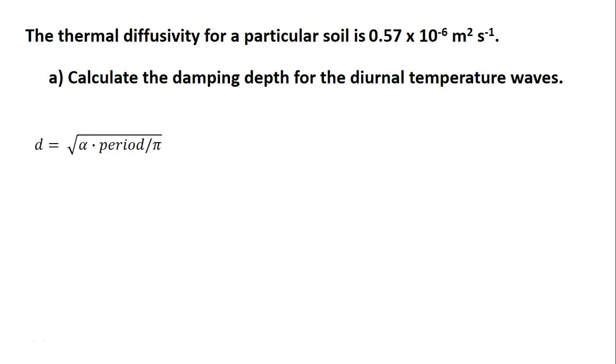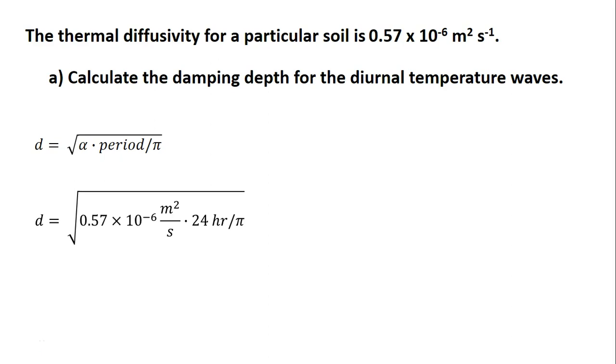In order to do this, we need to use the equation given in the textbook for the damping depth. This equation says that the damping depth, d, is equal to the square root of the soil thermal diffusivity, alpha, multiplied by the period divided by pi. If we plug in the thermal diffusivity value that we're given, along with a 24-hour period, we get the following